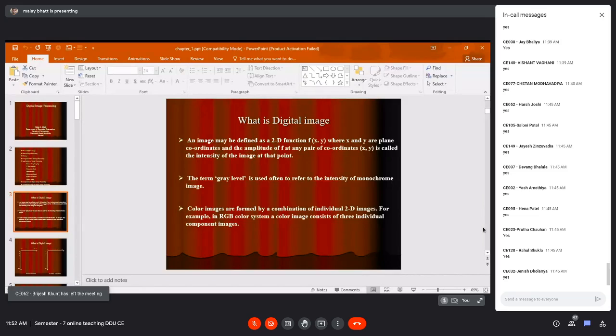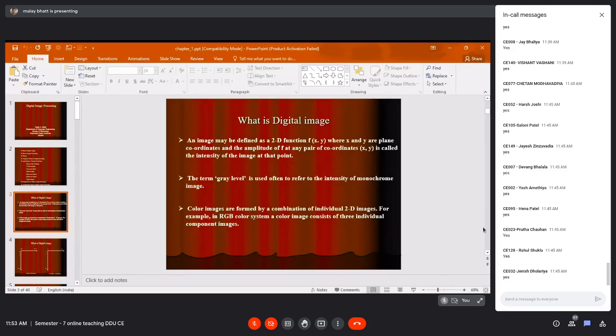Then YCbCr is also a popular color system. So basically, there are 3 planes for 3 different colors used in that system. It can be the HSV color system, it can be the YCbCr color system. And we have 3 different planes, one plane for R, another plane for G, green, and a third plane for blue color, that is B.